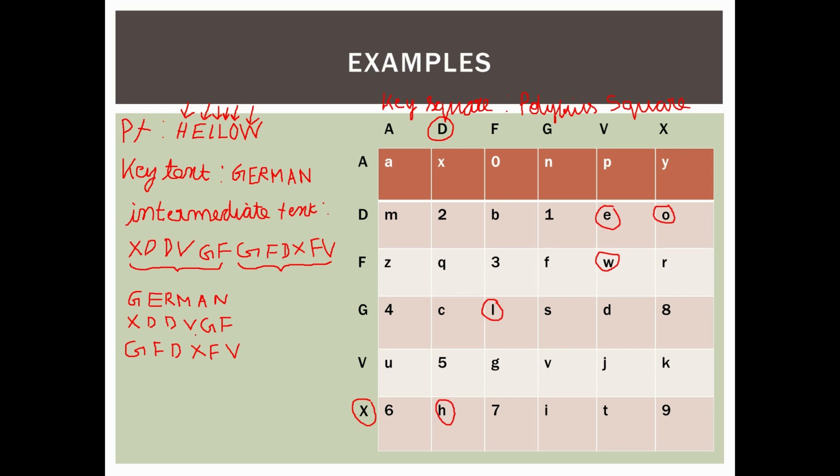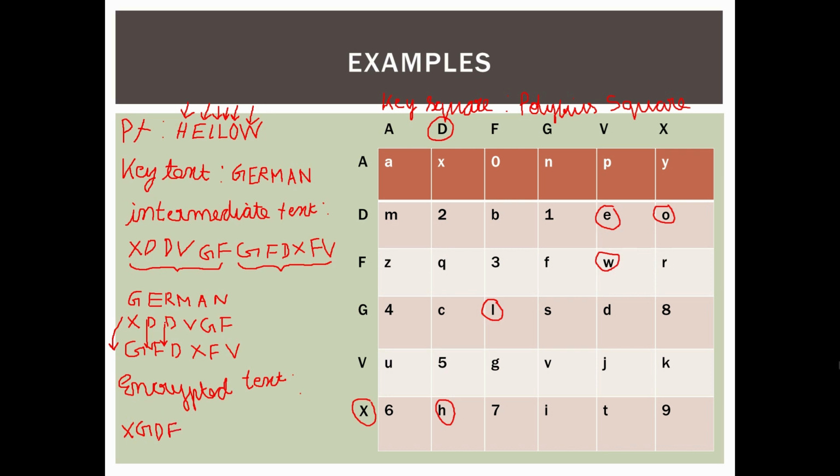And then for obtaining the encrypted text, you are going to follow one simple procedure. You have to go from top to bottom like this, and then move on to the next column and again go top to bottom. You have to do like this until you reach the last column. So for getting the encrypted text, we first write XG, top and bottom, and then go to the next column and write DF,